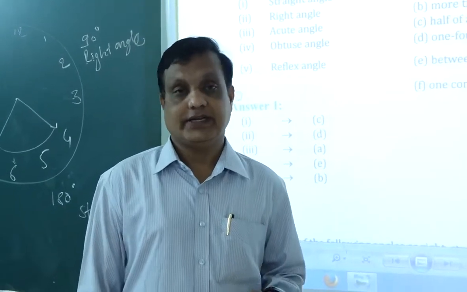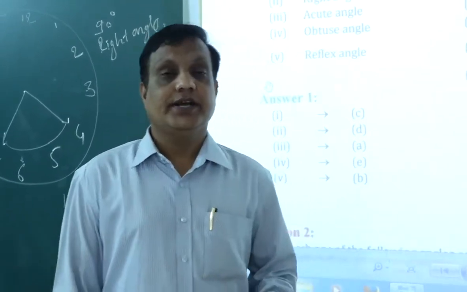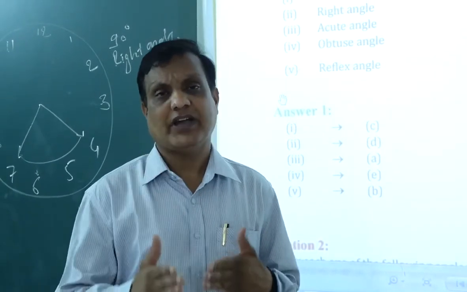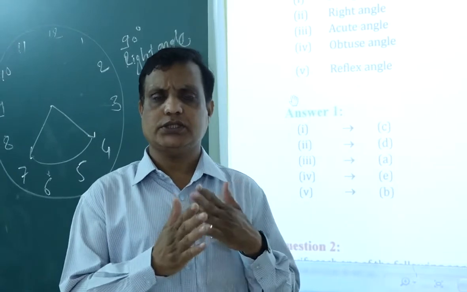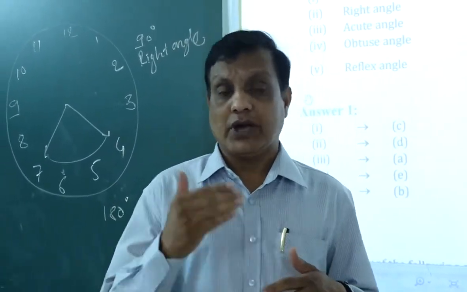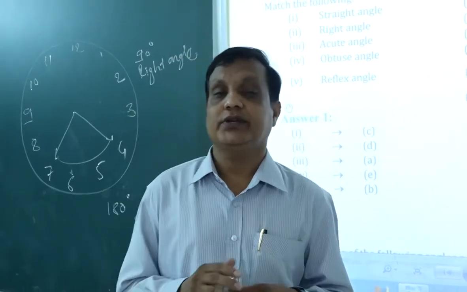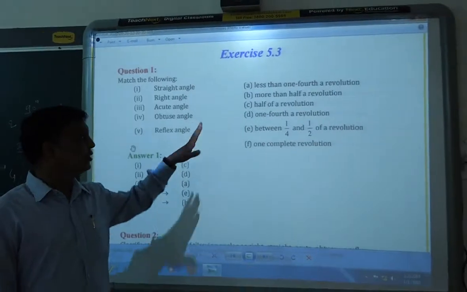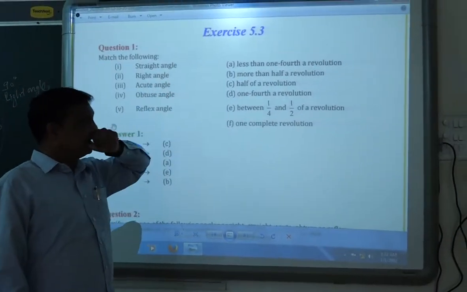Today we are seeing Understanding Geometrical Shapes, the fifth chapter of 6th standard. In the previous class we saw 5.1 and 5.2. 5.1 was very short, but 5.2 is a little bit lengthy. Maybe you have to see that again and again so you will understand it. Now we will see 5.3 and 5.4 in this.